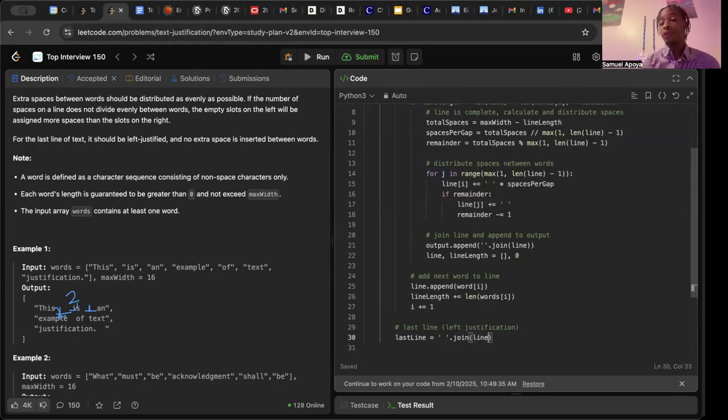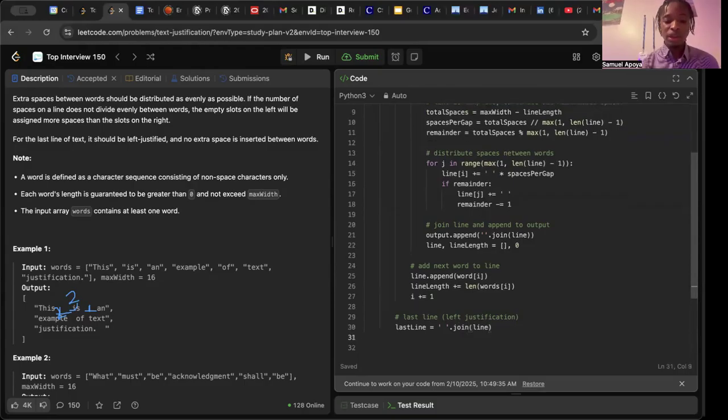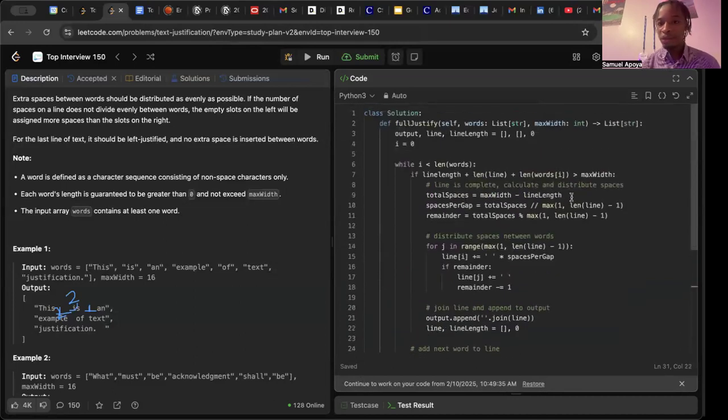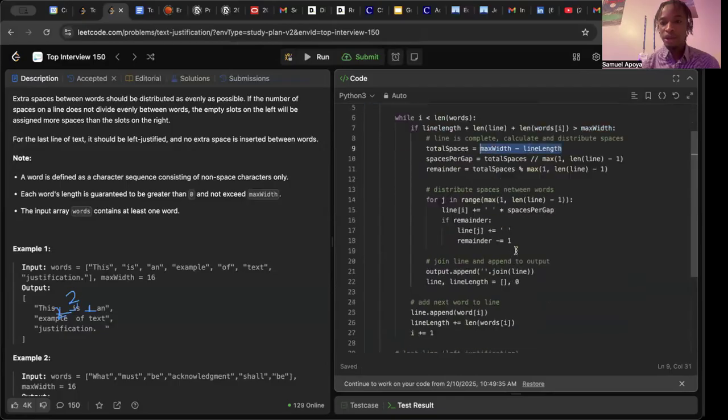Remember, if it's the last line, as I've already said, it's left justified. So we just join the line, and then let's call something trail, like trail_space. Trail space is the space that you have to add to the right side. It can be 0, it can be 10, it can be anything. So we just add it here. So let's find that. Trail space is equal to, just as we did above, max width minus